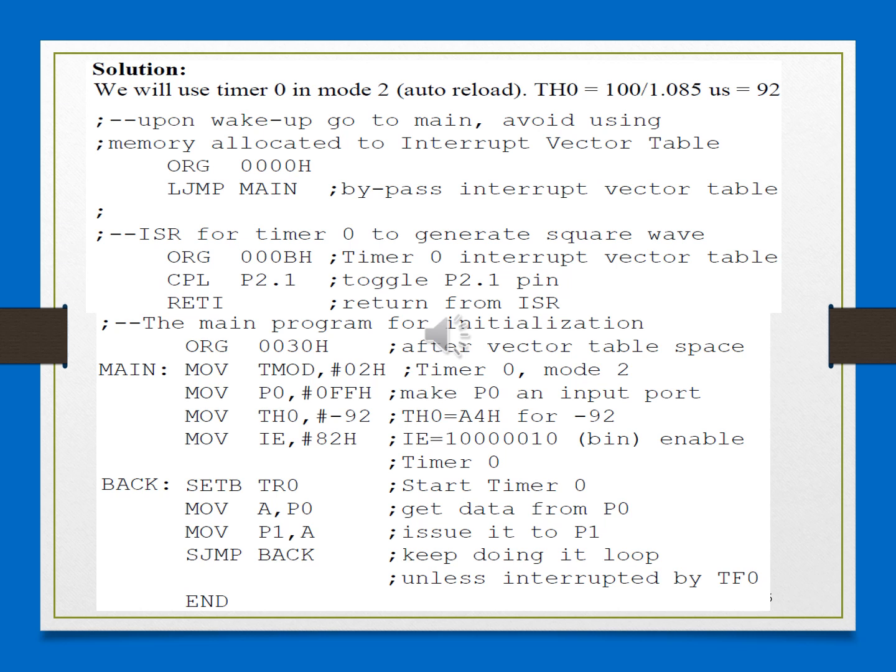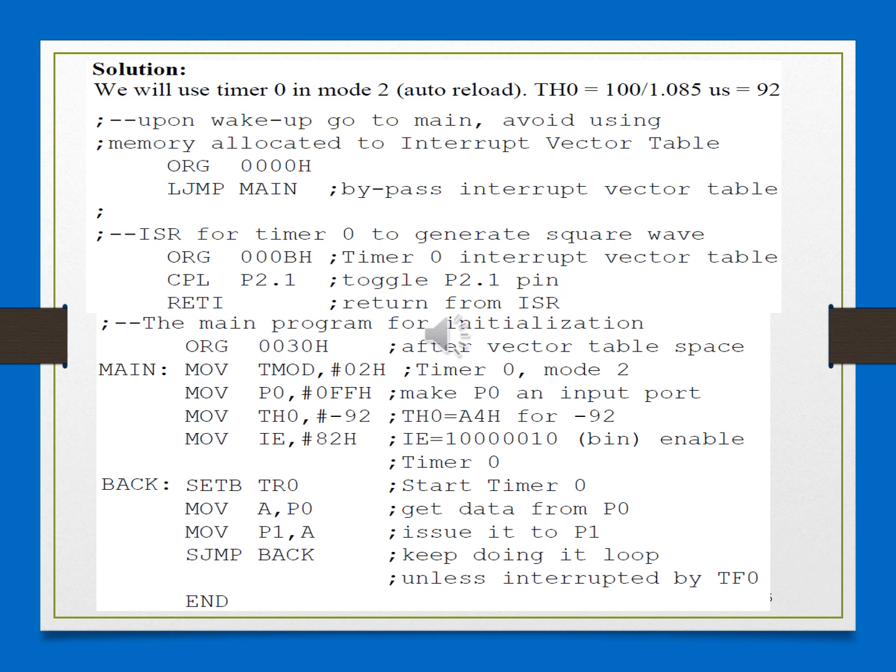If you recall the function of RETI, it is the end of the subroutine and it has to go back to the main program where the interrupt was generated and continue with the main program. So what does it do? It pops the 2 bytes of address from the stack and loads them back to the program counter. That is the function of RETI.